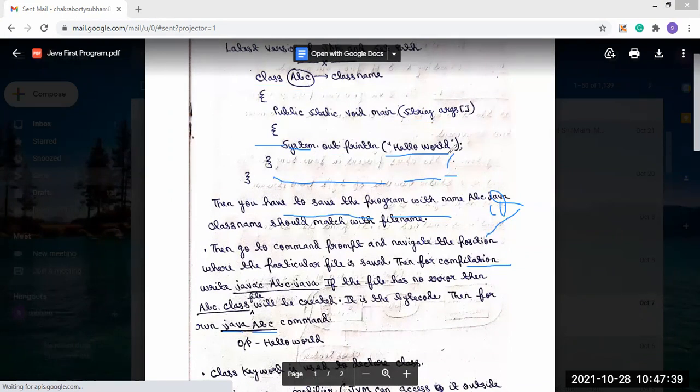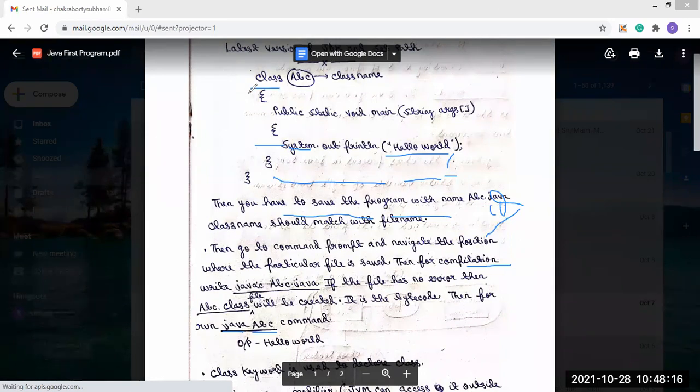So this is the process of how a Java program is compiled, and after compilation we run it and see the output. The details of how the installation process should be done, I will show you in the lab class. But these are the steps which should be followed. Now we will move to the meaning of each and every keyword of this program.